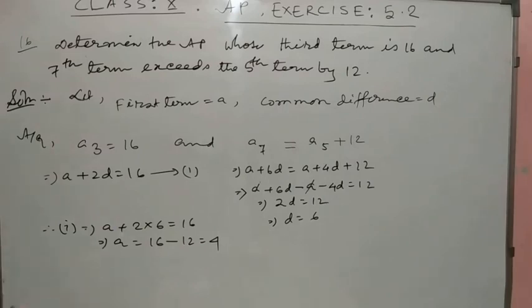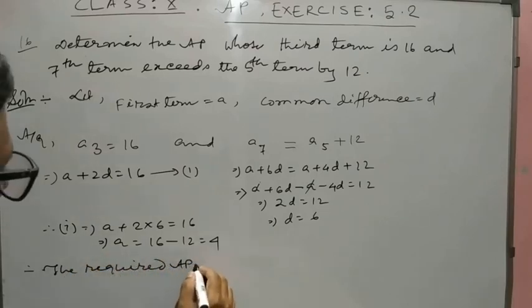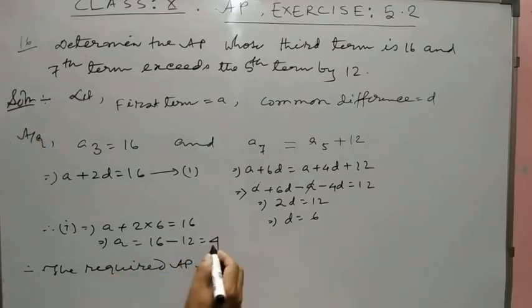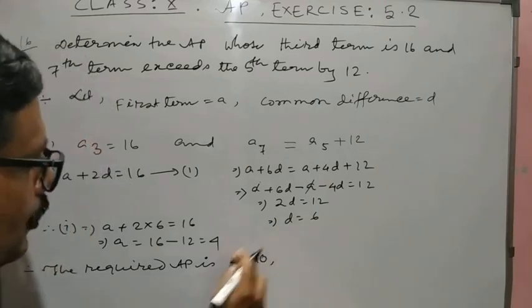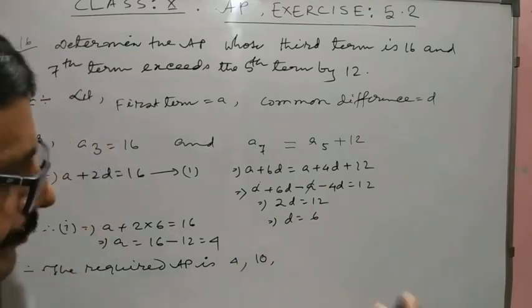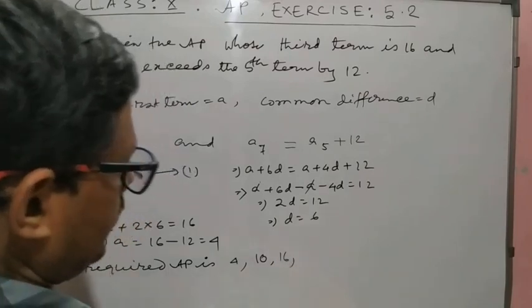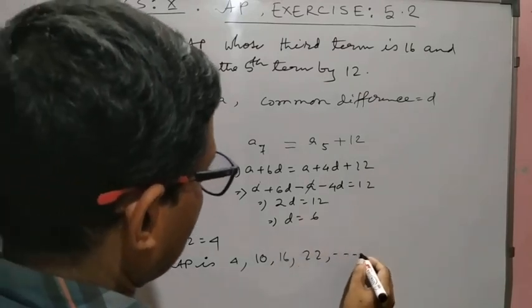Therefore the required AP is: first term 4, common difference 6, so the second term will be 10, 4 plus 6, adding the common difference, 16, 22, ...